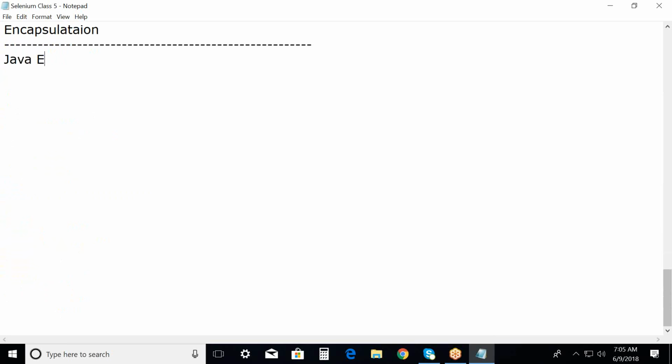Java environment setup. See, in this chapter, we are going to discuss three topics. Primary topic is Java environment setup only. Next, two small topics are there. What are the topics? First one, uses of